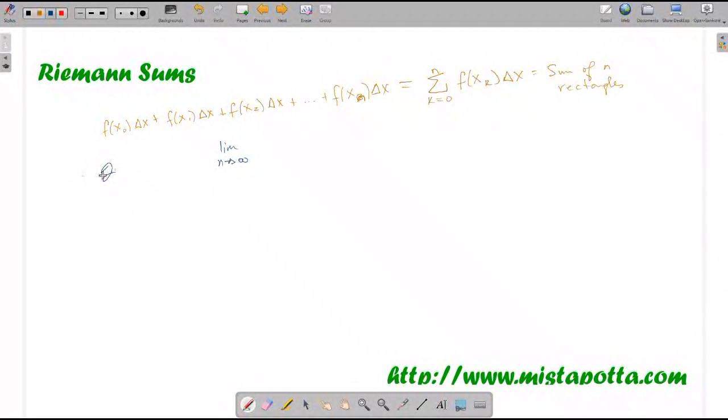Now, back in chapter 2, we talked about limits as n went to infinity, and we noticed that there were behaviors that we could deduce from this. And in chapter 3, we had a lot of limits where our terms were going to infinity. We're basically taking an infinite number of secant lines to get this tangent line. So if I take the limit of this summation as k goes from 0 to n of f of x of k